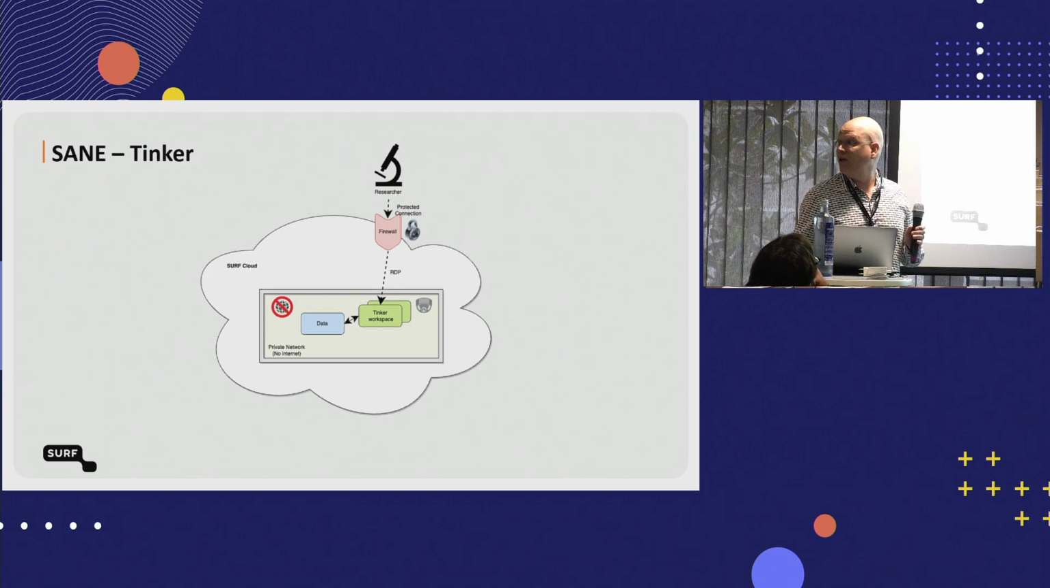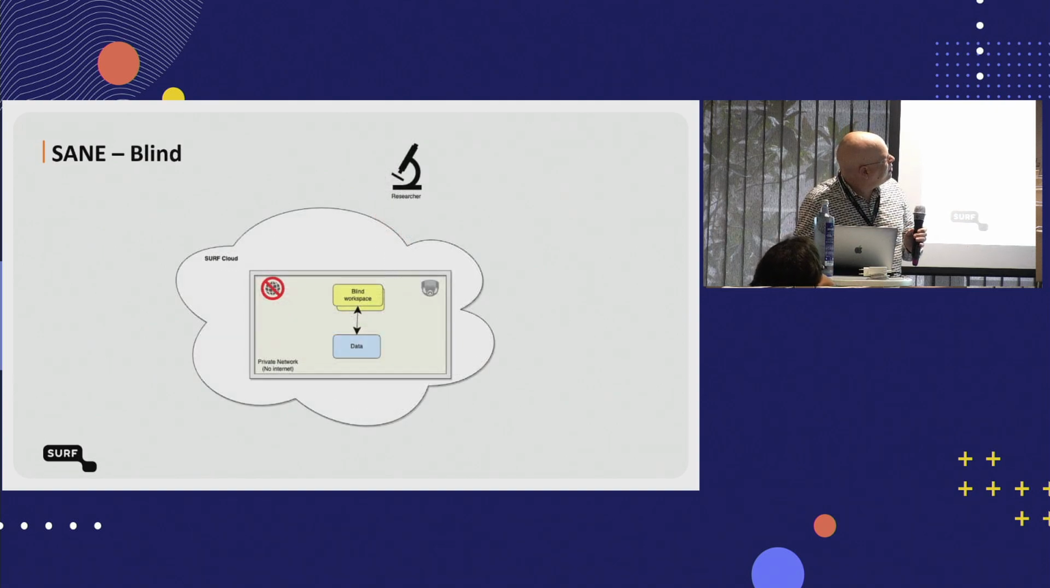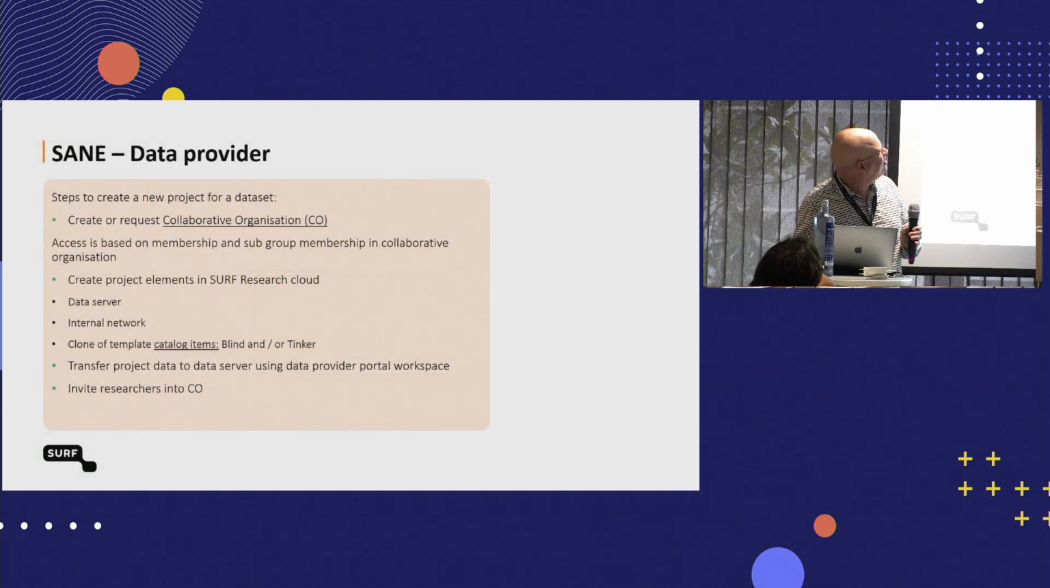Yeah, we need to wrap up. Oh. Yeah, blind workspace is similar, but nobody has access. So, yeah, the data server at the moment is just a Samba machine, but we can work with this. So a data owner can move his data into the data server. We have the internal network that's safe, only federated identity protected, and the researchers can start their Tinker environment and